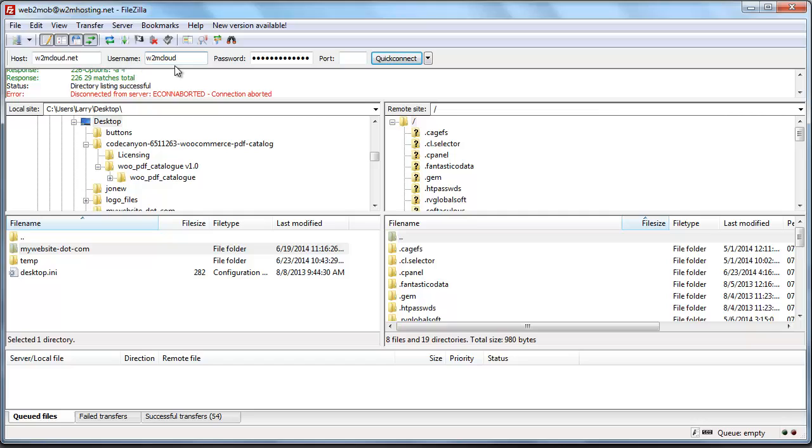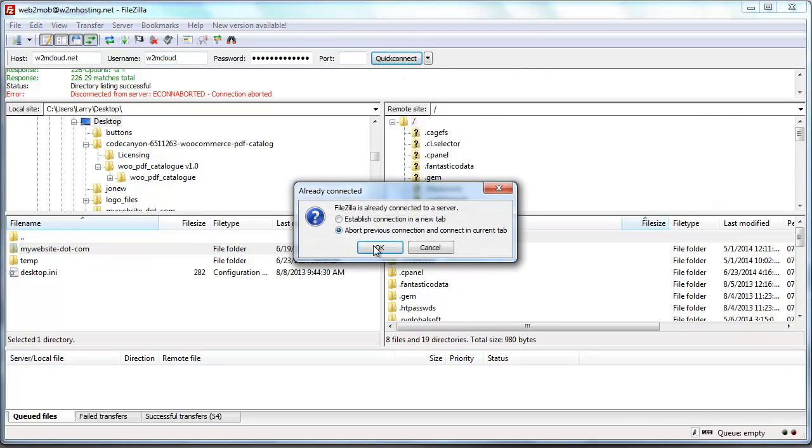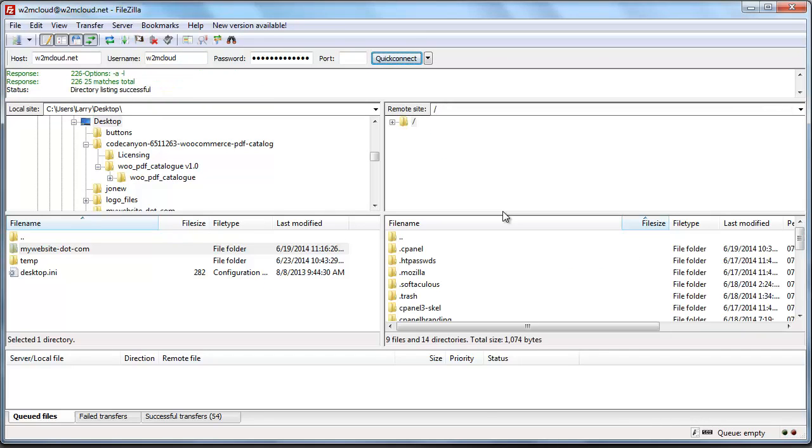The other thing they'll give you is a username and password, which will give you access to whatever they've given you access to. Go ahead and plug those in and go and connect. Sometimes they give you a port, most times you don't have to worry about it. Once you're in there, I'll just go ahead and quickly connect again just so that you can see what happens. So there it is. Left hand side, I've got my computer currently open, showing my desktop files down the bottom, and on the right hand side I have a website server.